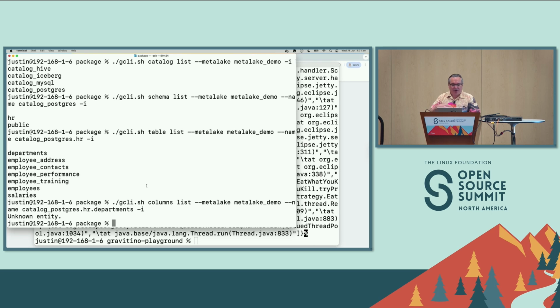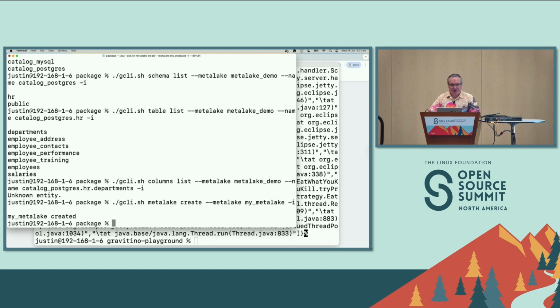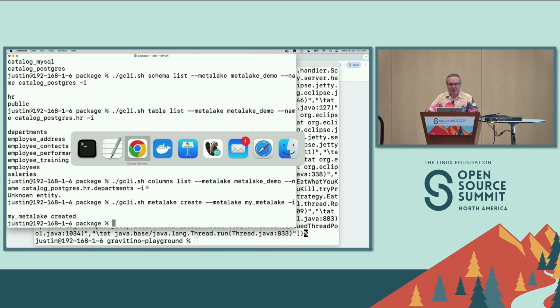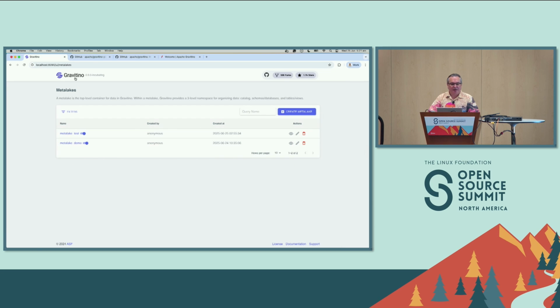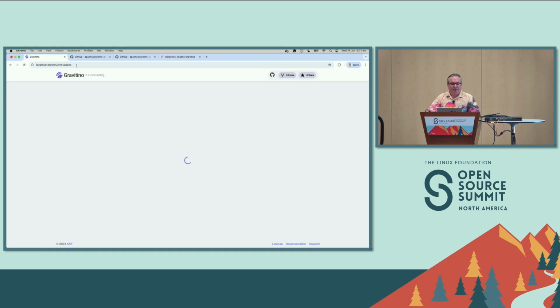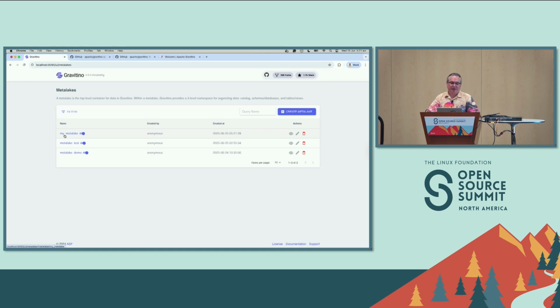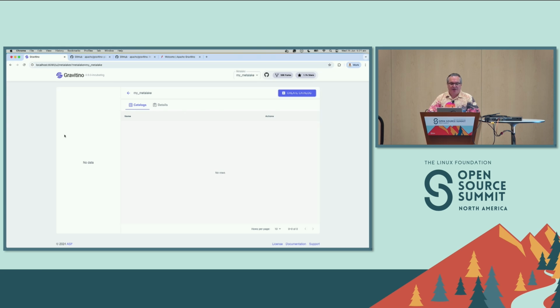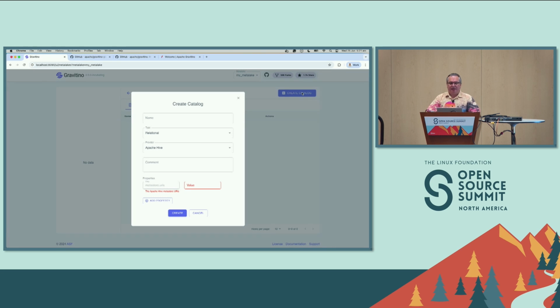You can also, as well as just listing things, create stuff. So for example, if I create a new metalake there, and if we go back to the UI, that should, there we go. We can see that there's a new metalake there that's been created. It doesn't have any catalogs or anything in there, but we could go on and create catalogs and so forth in there. You can also create catalogs manually in the UI,